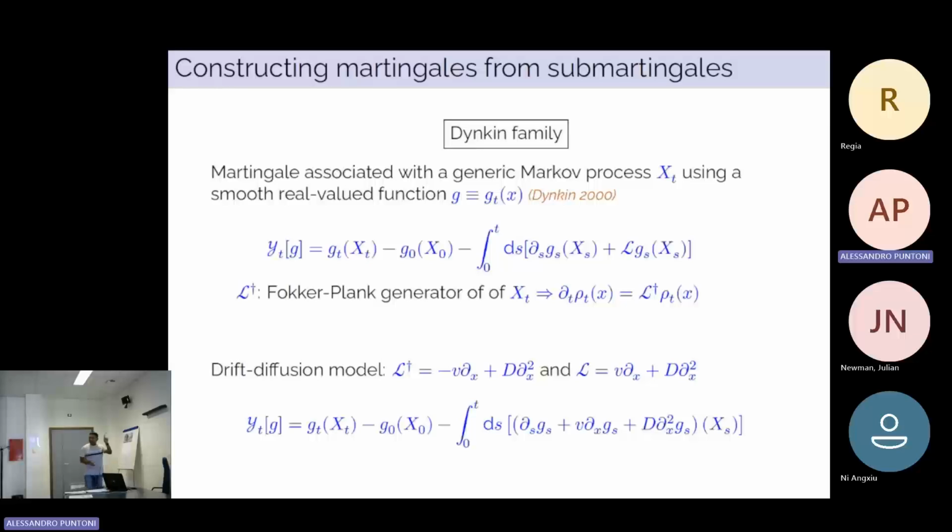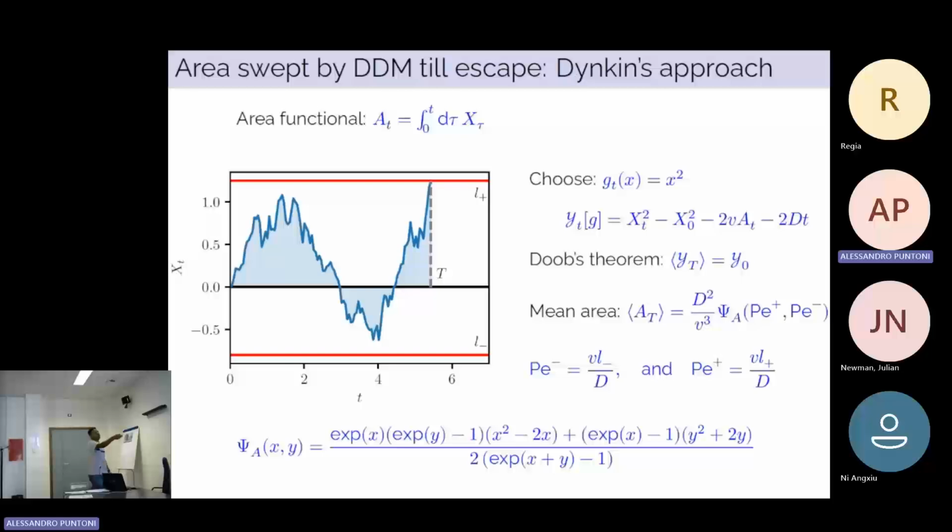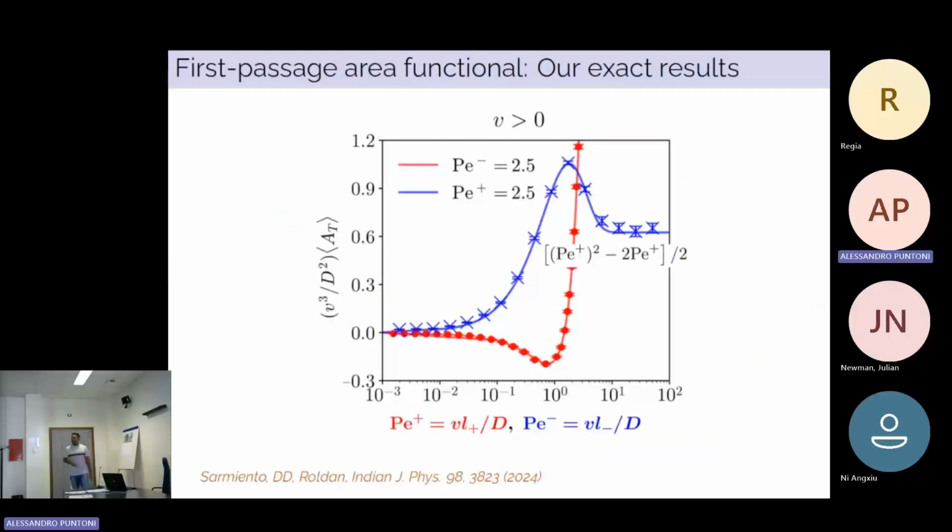You see, but still we have a freedom to choose the form of g. Now I take a specific form of g, the simplest, x squared. I put it there. This is a martingale. I apply Doob's theorem, and voila, I have the mean area at the stopping time in one line. Okay, and this is the scaling form of this area,